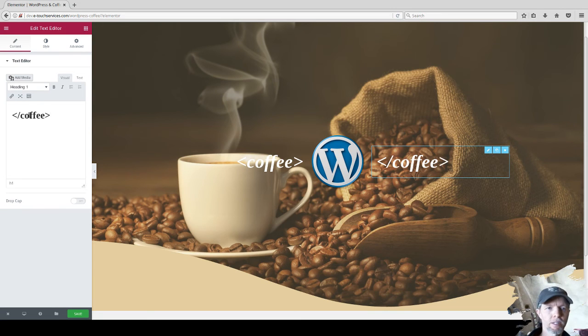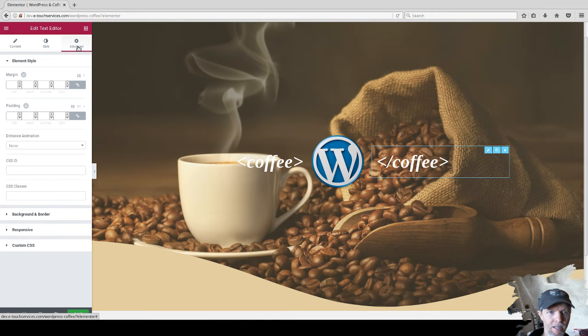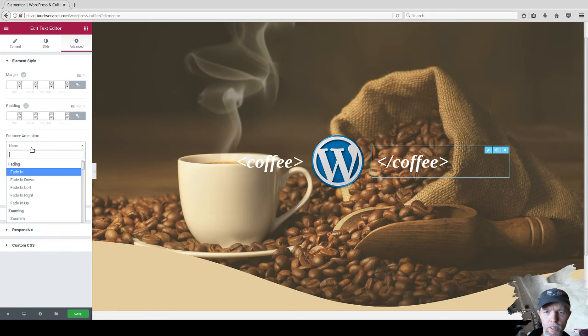Oh, that's not good. Okay, so I want to try to do some little effects here. The first thing I'm going to do is select on the advanced, and then go down to background and border, element styles, entrance animation. So I'm going to do an entrance animation here. And what I want to do on this one is I want it to